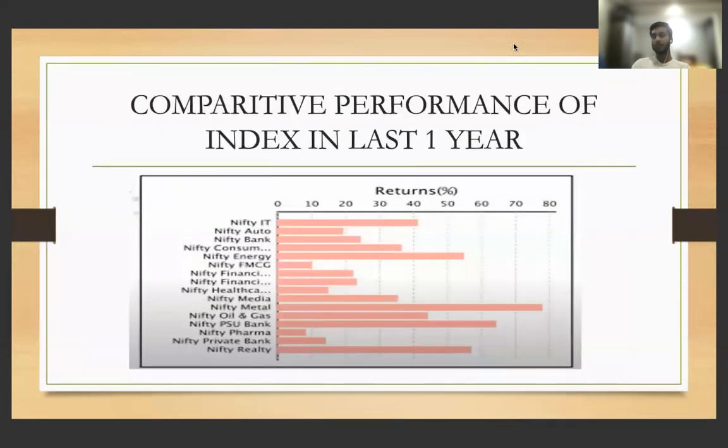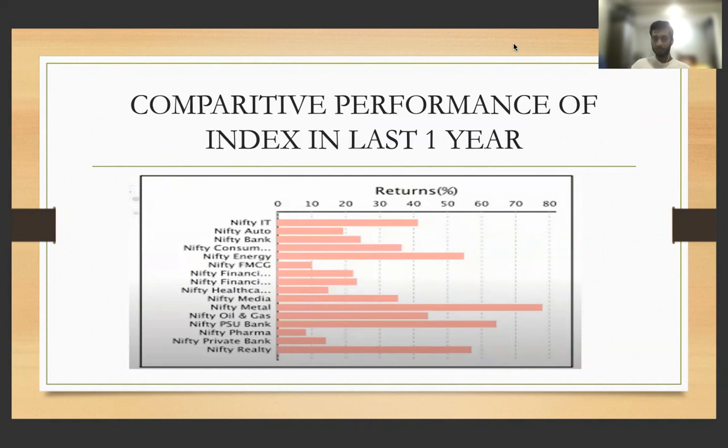Comparative performance of the index in the last 1 year. So if we compare the index with other indexes offered by NSE, Nifty IT index is one of the top performing indexes and stands in the top five indexes of the NSE.